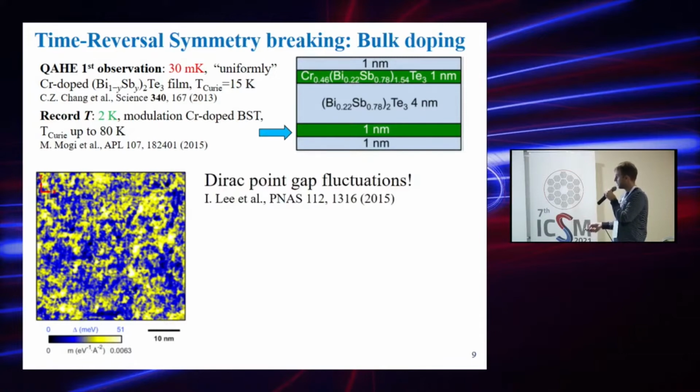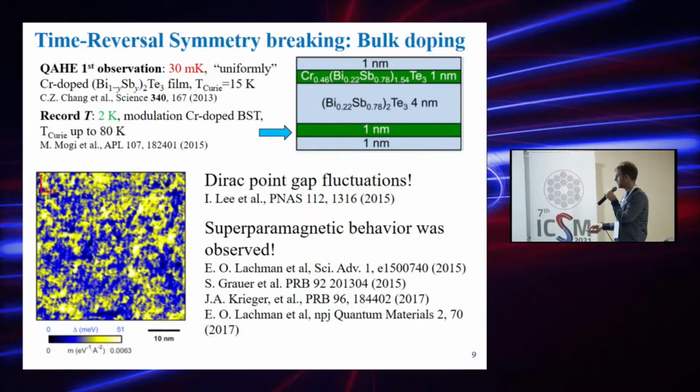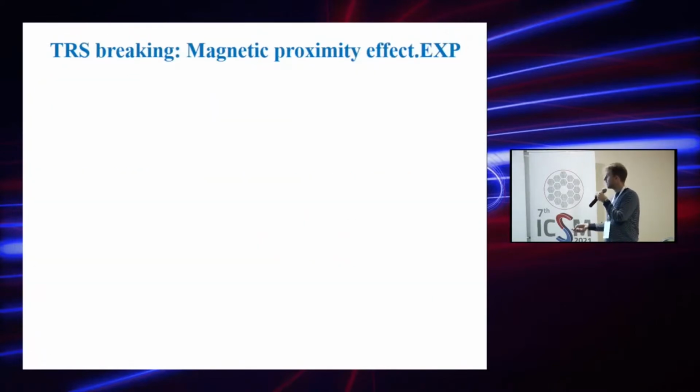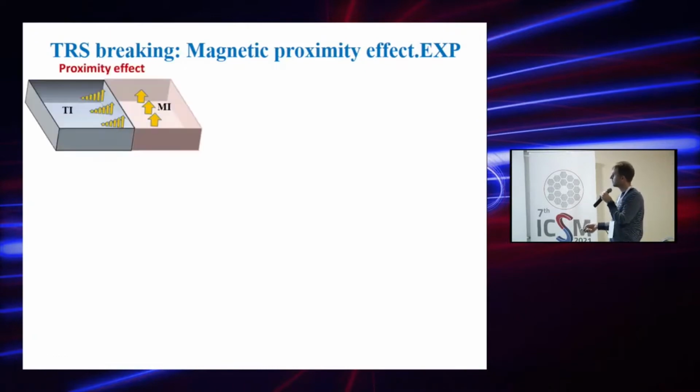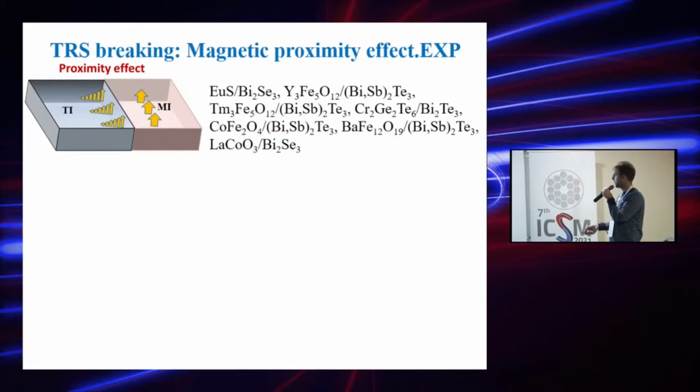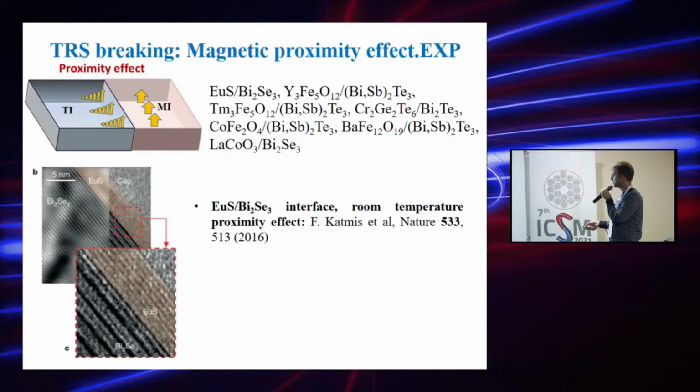Other problems also exist because these materials have been found to show superparamagnetic behavior. Therefore, magnetic proximity effect has been considered as a viable alternative. In this case, you try to induce a finite magnetization in a TI through the interface coupling to a magnetic insulator, which is trivial. Many systems have been studied. Europium sulfide bismuth selenide has been probably the most controversial